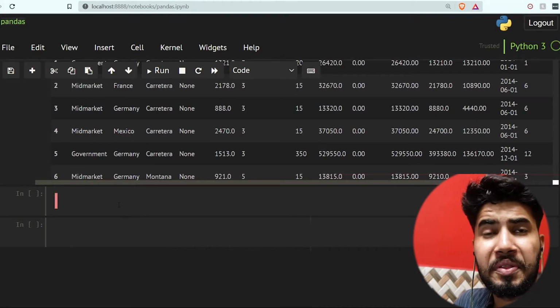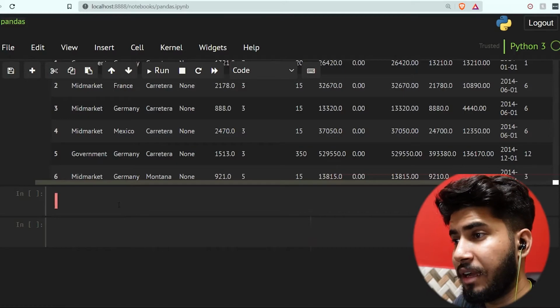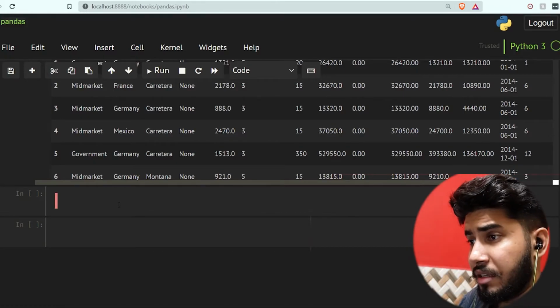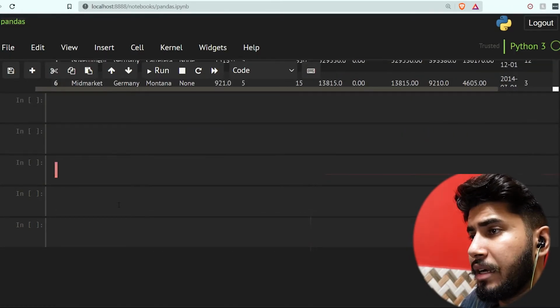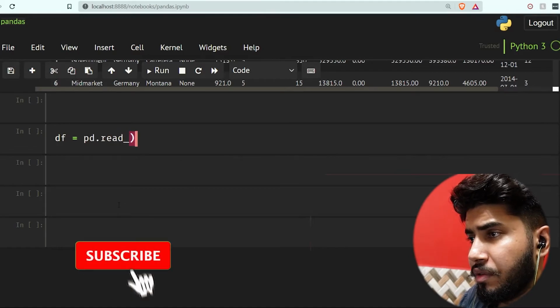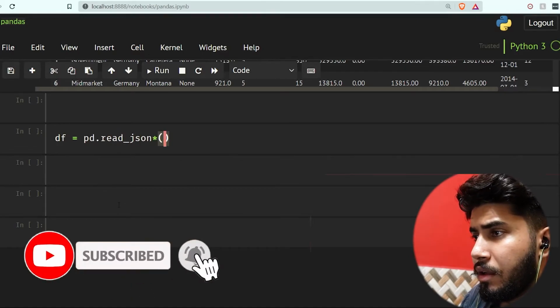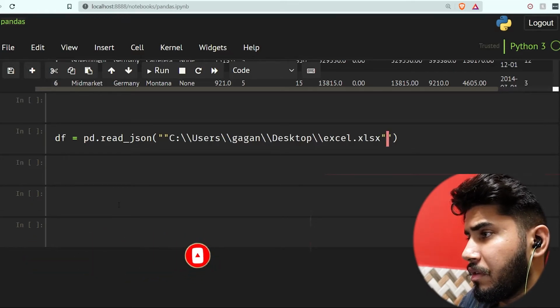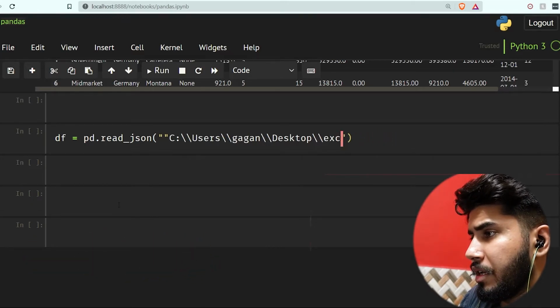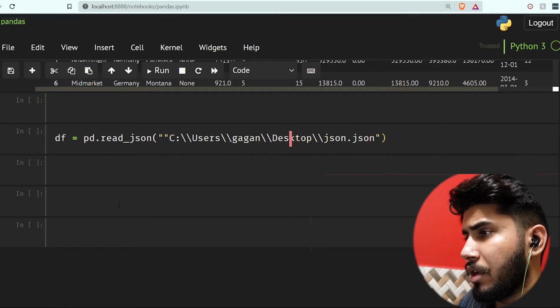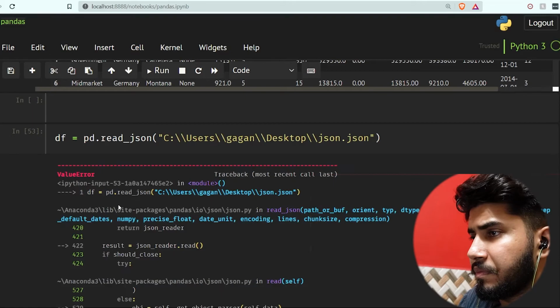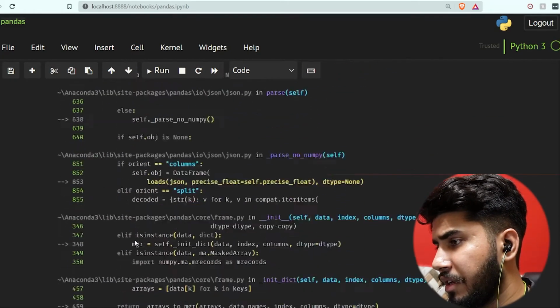Now last but not the least, you can also access a JSON file using pandas. So let's quickly do that, and df is equal to pd.read_json, and here I'm going to give the same path again, and I'm just going to give json. Now let me just run it. Okay, it is giving us an error.